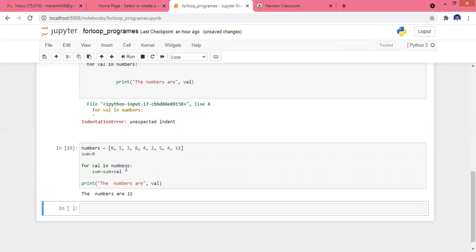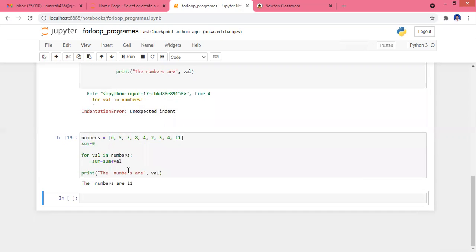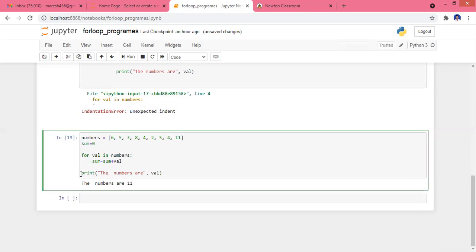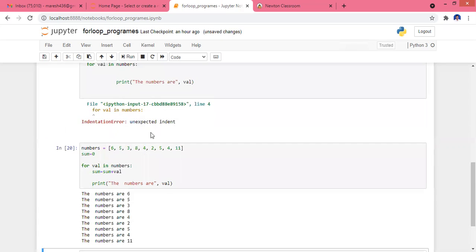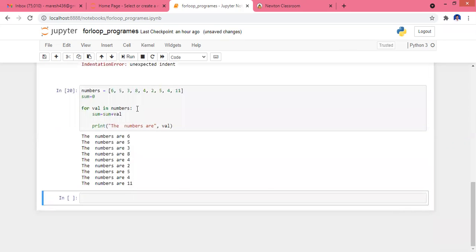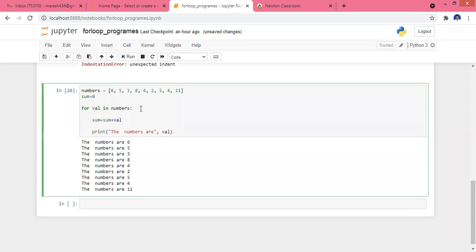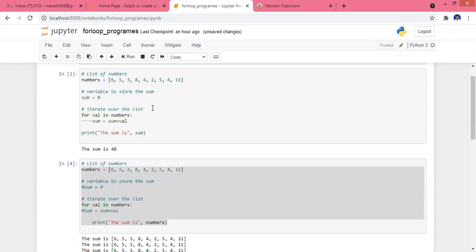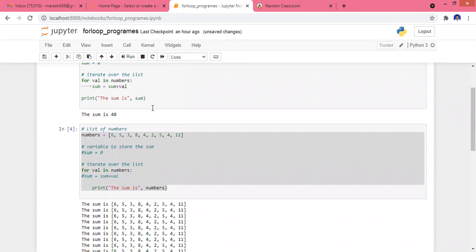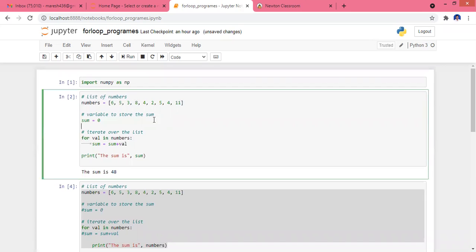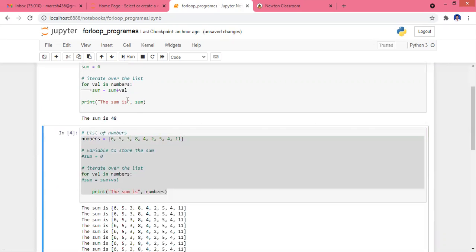Just a minute. Some indentation error. Just wait. Yeah, right. See here, the numbers are 1, 2, 3, 4, 5. Let me execute this one.